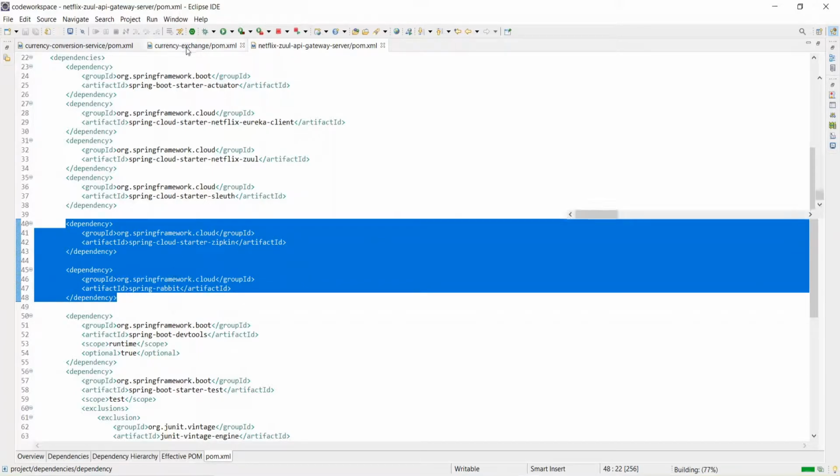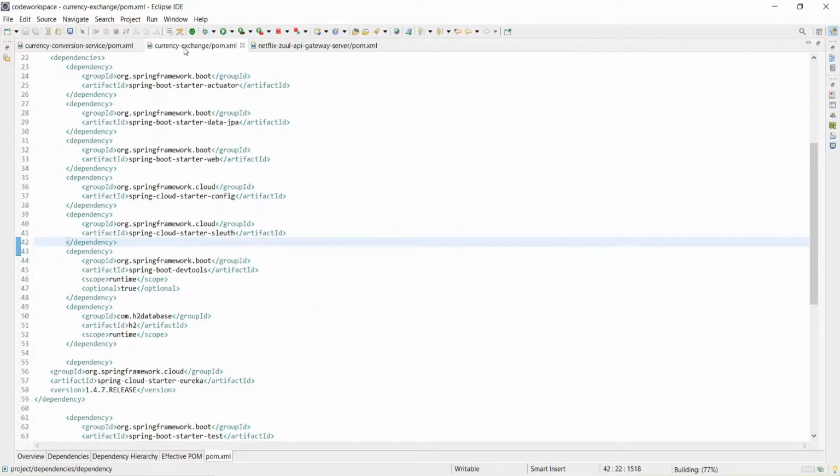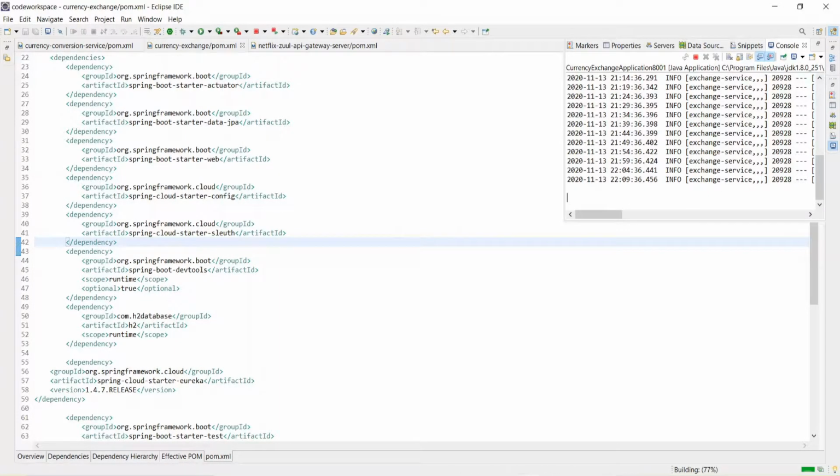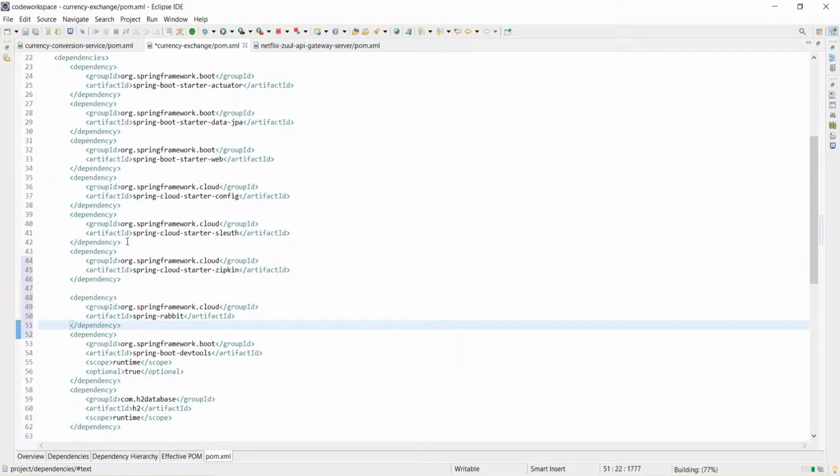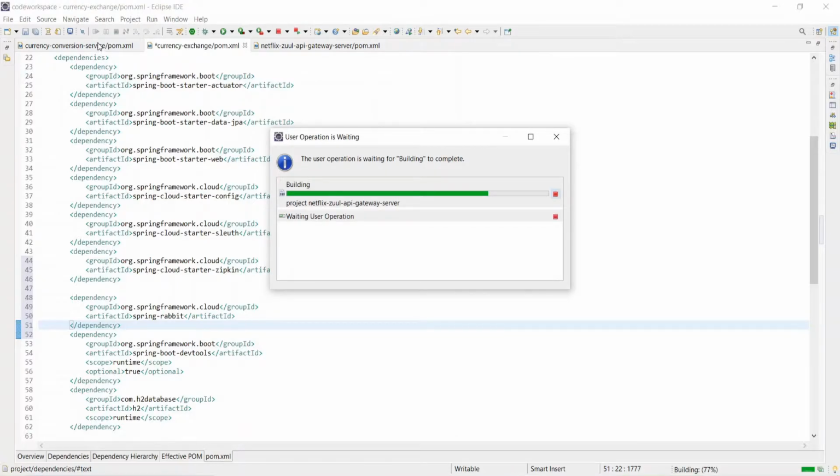pom.xml. Control C, go to the currency exchange and paste here, save this, go to the other. If you see, while saving, it's getting picked up to get the latest changes, since we have added the dependency.